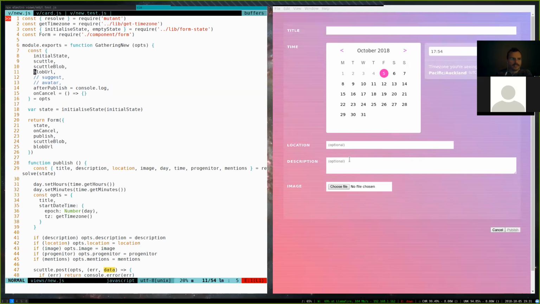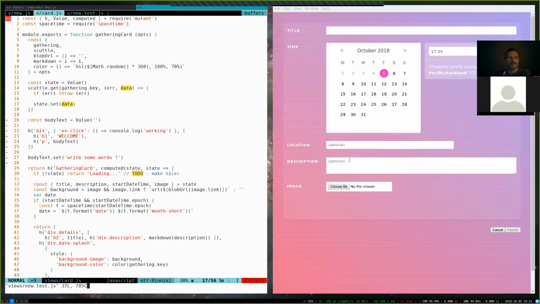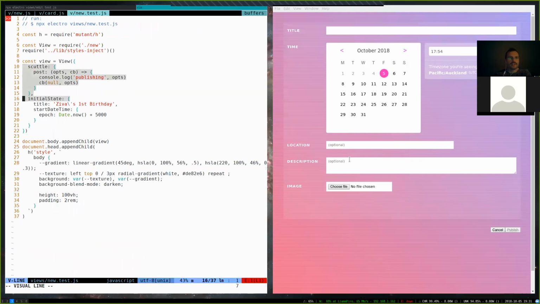And it needs to know what to do after it's published, like, well, this is optional as well, and also what to do if a person clicks the cancel button. So the idea is that this could be put in anywhere. And so here I've put a fake Scuttle object in there, so I don't even need to worry about any database stuff, but it just has Scuttle post because I know that's going to be called, and then it just does some silly console logging,